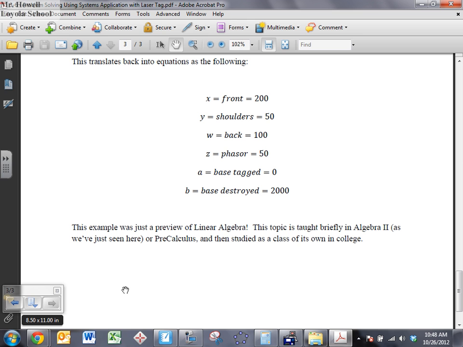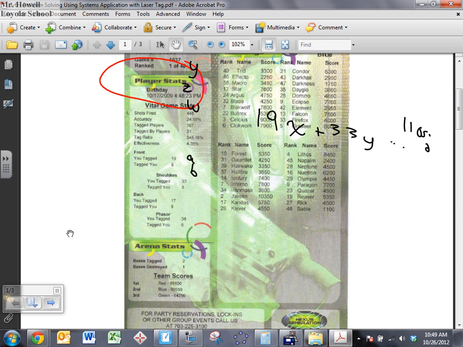Why is the gun worth so little? This was the one that nobody was able to get. There's a reason for this. I think if you guys play Halo or Call of Duty and stuff, why would the gun be worth so little? They're just sticking the gun out and shooting at people with the bases. Yes, exactly. Imagine you're crouching here, right? And Joe's coming around the corner. I'm going to do this, right? So what's exposed? My gun. My body's not exposed, so your gun is traditionally going to hit faster. Let's think about this. The gun should have the most shots. The gun had the most shots, 38. The shoulders should